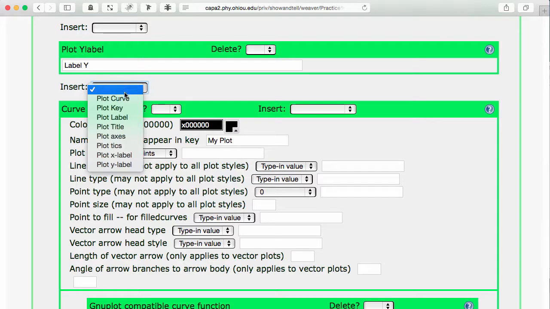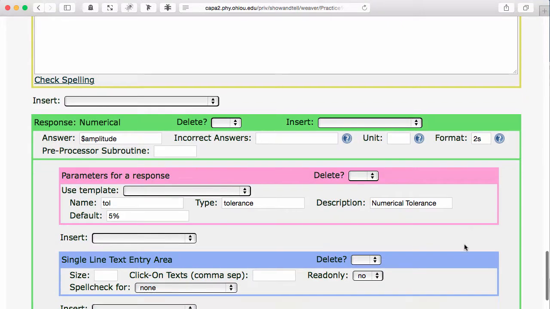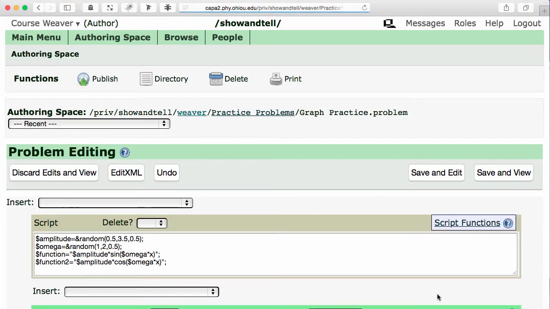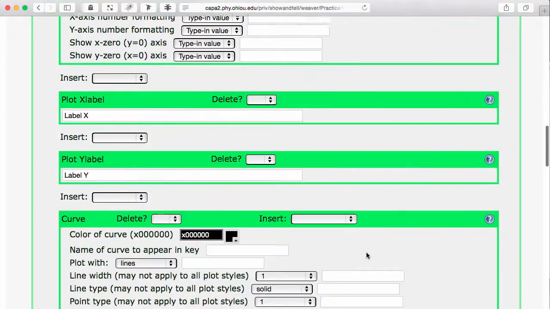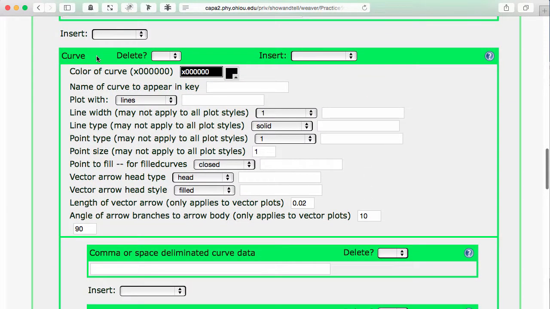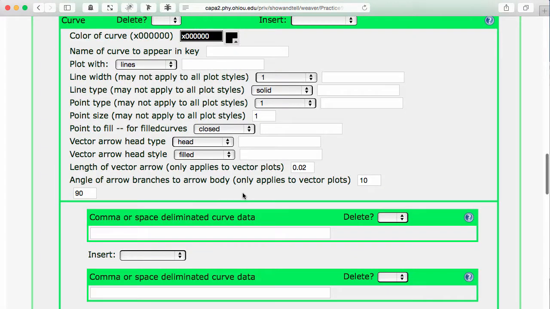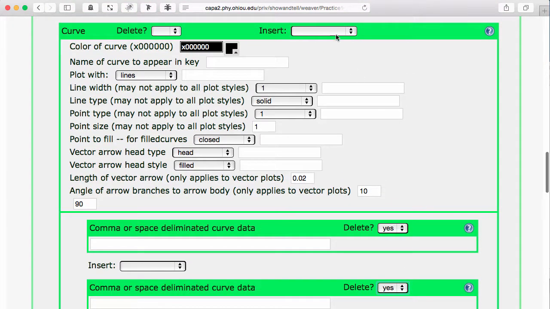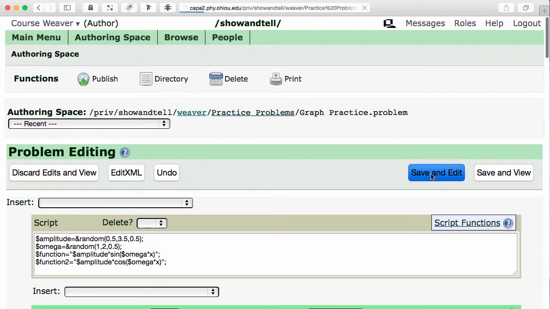We're going to need to add another plot curve. So let's click plot curve. Let's go save and edit. Scroll down. Okay, here it is, our second plot curve. And I see LON-CAPA has already added in some areas for us to input data. Now, I don't want to input data to make my graph. I want to instead input a curve function. So I'm going to delete my 2 data spots, and I'm going to add in a curve function. This is where I'll be able to simply put in the curve function I want it to display. So I click Save and Edit,